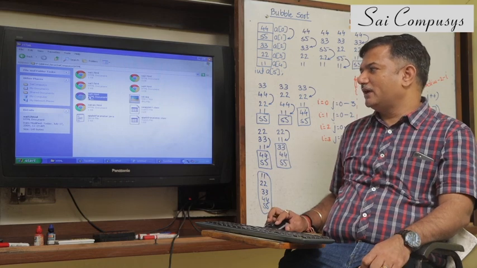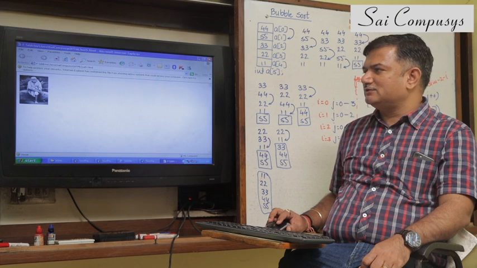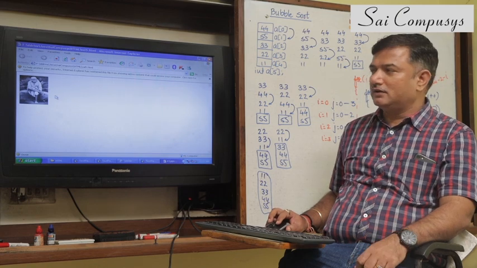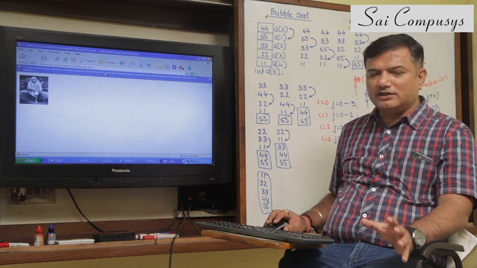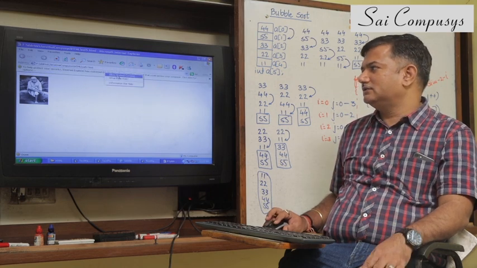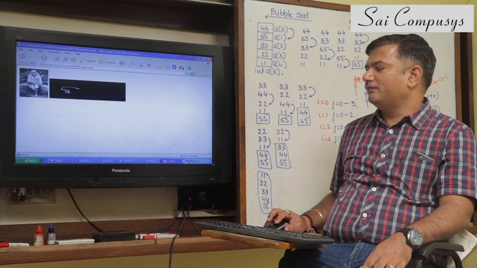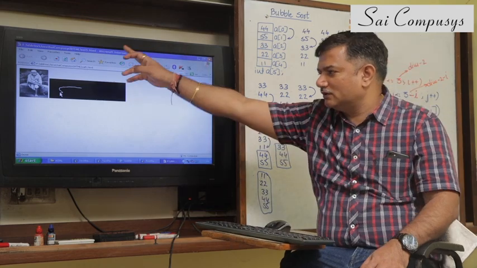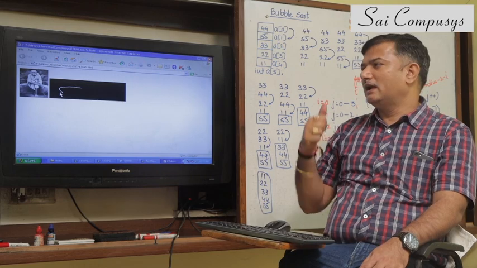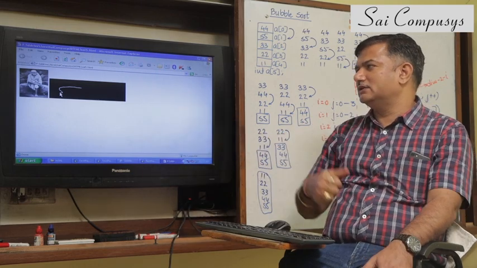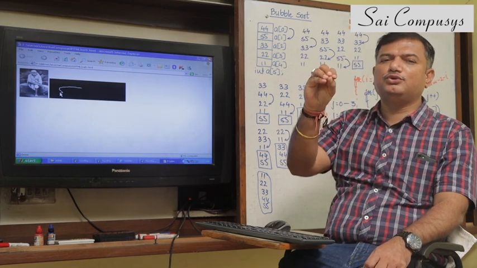error. So if I execute this now, right now I am getting the image as specified, but I am not getting the applet. It's very simple. You can see over here, it's giving me some security related option. I'll just go for allow blocked content, yes, and the applet starts showing in the web browser. You can see a web browser. Inside that web browser there is an image, and apart from the image there is also an applet. So we have very easily put an applet into the web page.